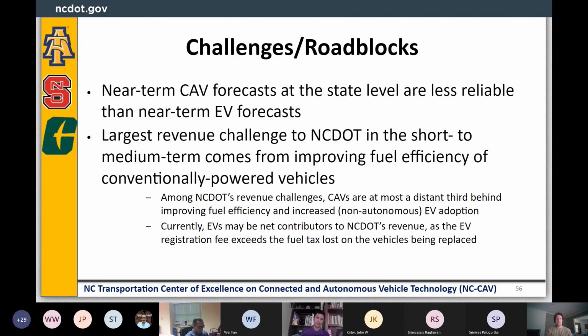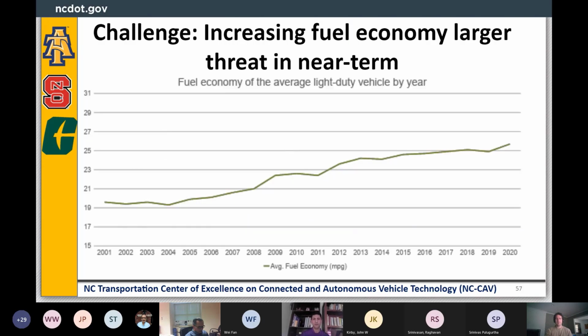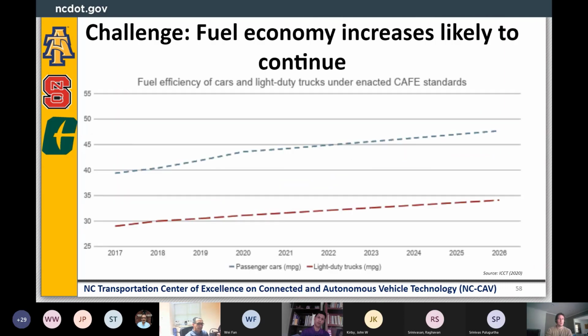Looking a little bit on the next slide into the changes in fuel economy. This is when I mentioned the fuel economy being a larger threat, and we've seen some federal announcements recently that may even escalate this further than we expect. This is looking over a 20-year time period in changes in the average light-duty vehicle. These vehicles still roughly weigh the same, but continue to get more efficient. So we're getting less revenue per mile than a decade or more ago. The next slide is looking out a little bit further,